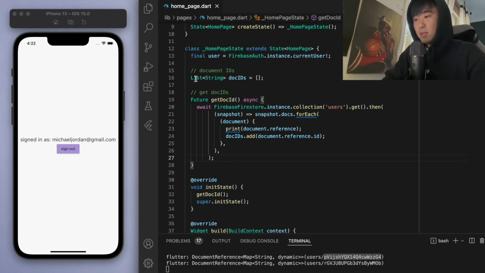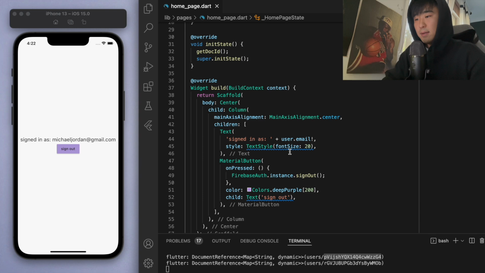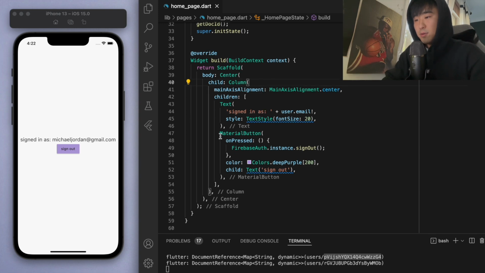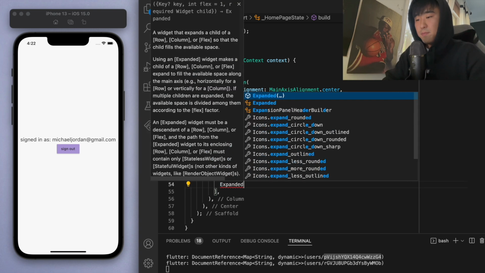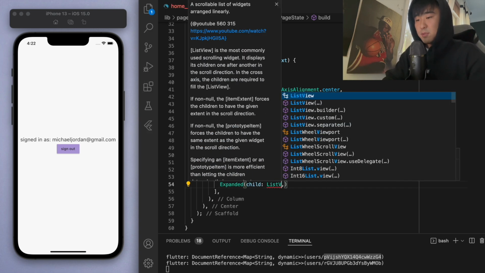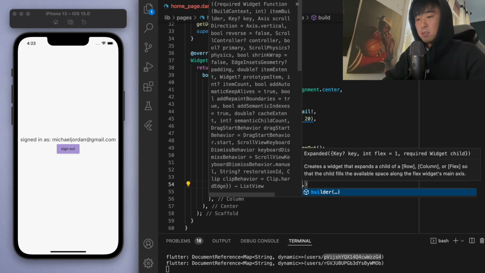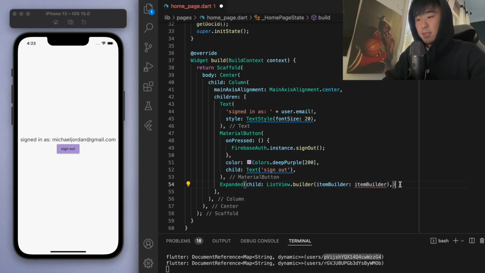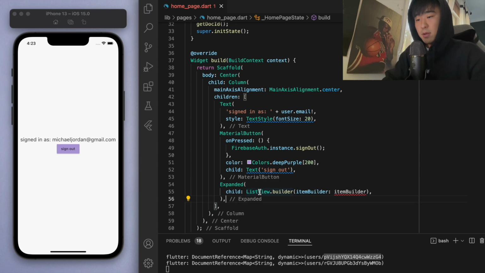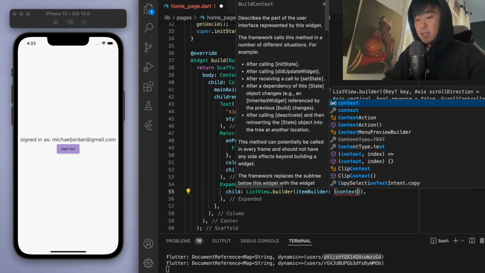Awesome, so now that we have the list of documents, we can come down to under this material button. So we have a big column here, and at the bottom, let's create a list view and just expand to fill up the rest of the space. And I'm going to create a list view builder. So I created a separate tutorial to dive more in depth about list views if you need, so check that out. But essentially, we can create a list here,